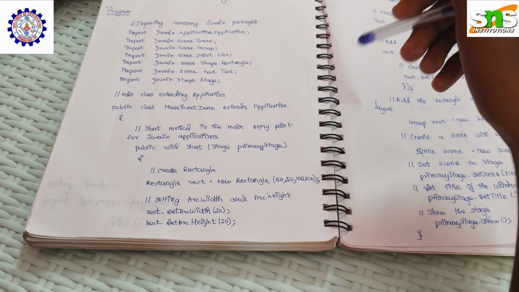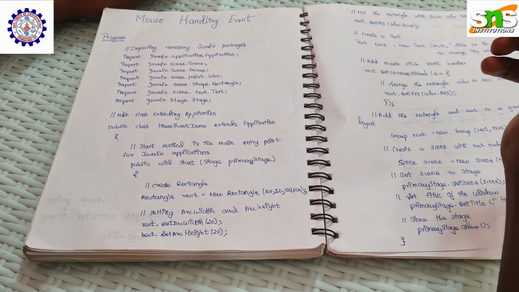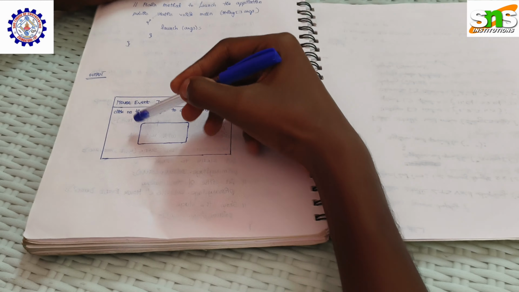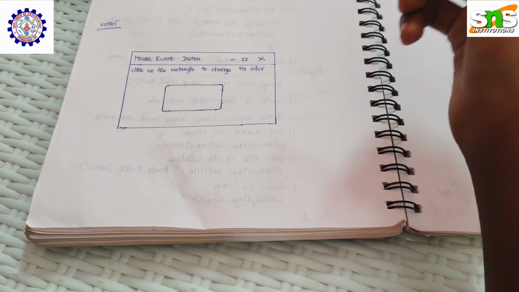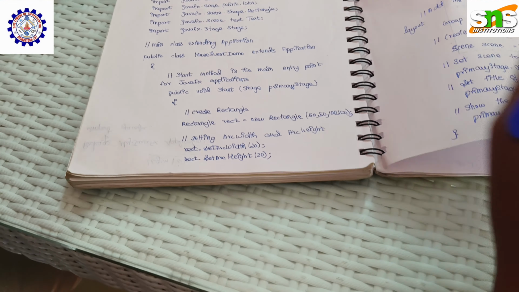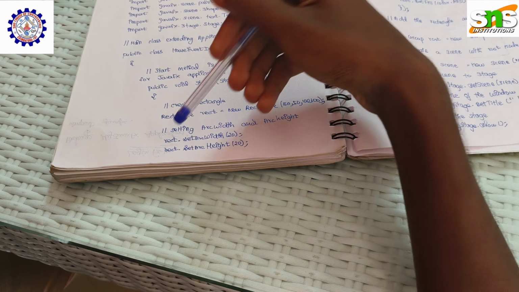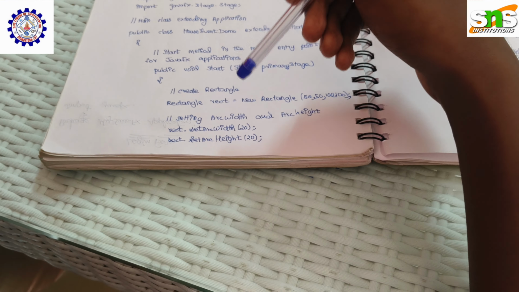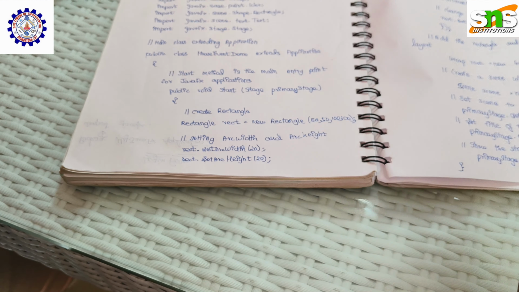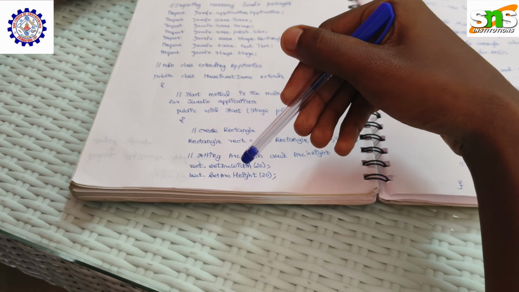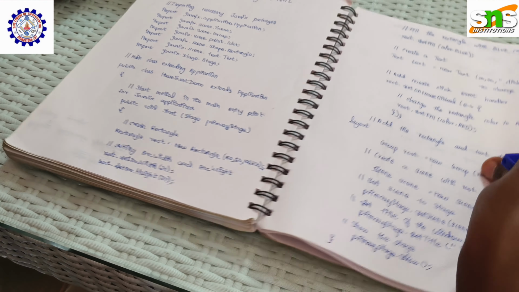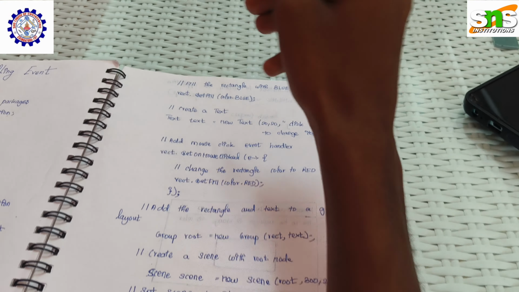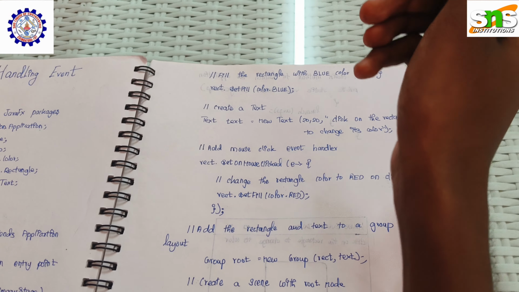We want to use setArcWidth and setArcHeight, which are used to give a curvature to the output rectangle, which is nothing but the object of the Rectangle. rect.setArcWidth with 20. Likewise, rect.setArcHeight with 20, and we want to fill a blue color in the rectangle initially,